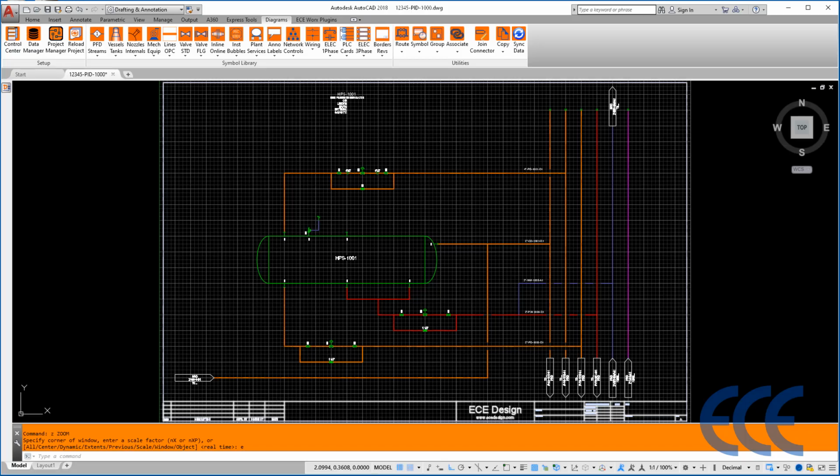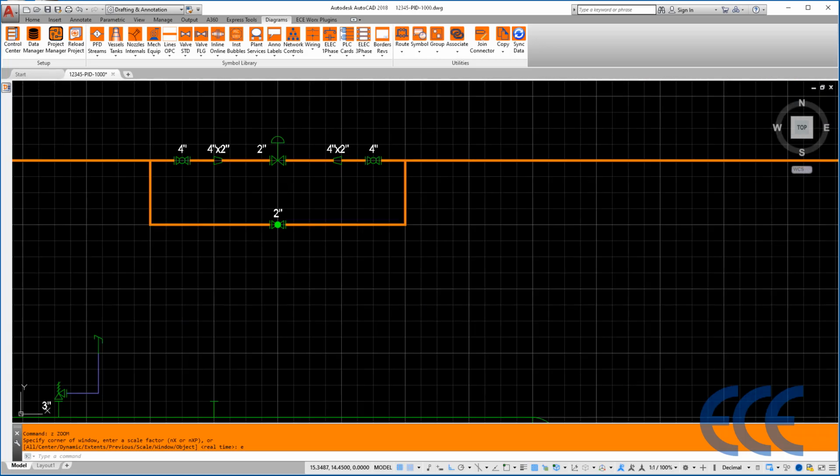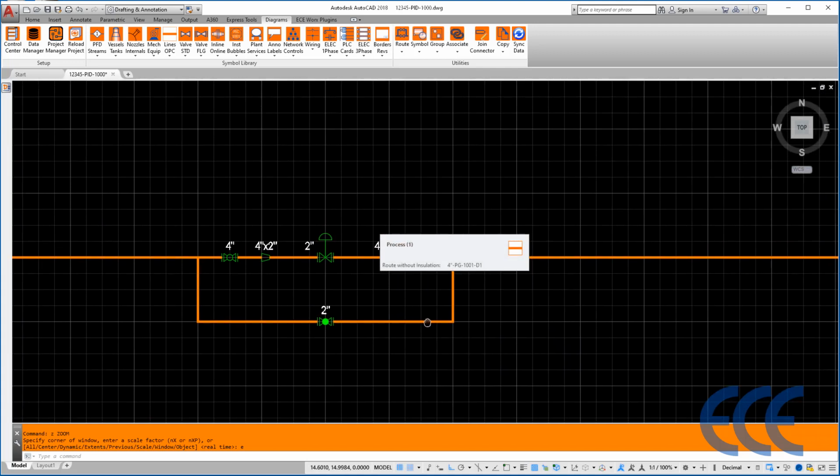Okay, so here we are back in the AutoCAD environment with diagrams loaded. I've advanced this drawing a little bit to include some more lines and some more valves since the last session. Now it's time to start putting in instrument bubbles and the connecting lines. So let's get started with that. I'm going to focus in on the control valve section up here at the top